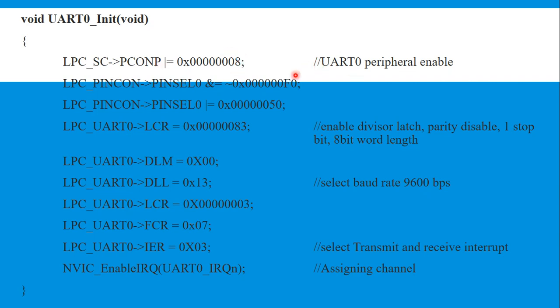Pin select 0 and pin select 1 are going to be enabled for P0.2 to transmit and receive. Now UART0 LCR is the line control register. In the last 2 nibbles, that is the last 4 bits, the first 2 bits belong to word length, the third bit is the stop bit, and the 4th bit is responsible for parity enable. So based on the values mentioned, for 8-bit word length, 1 stop bit,